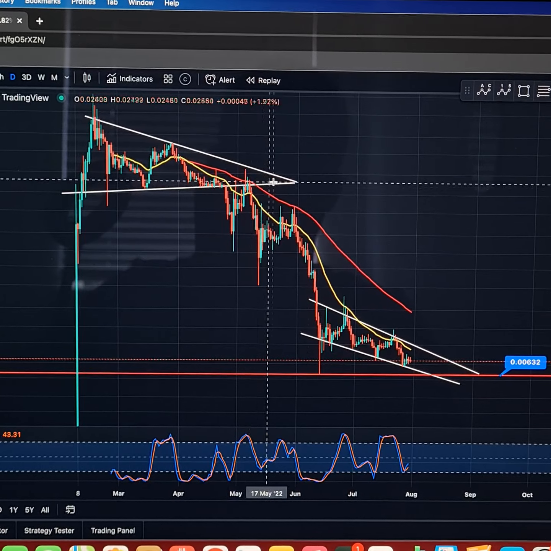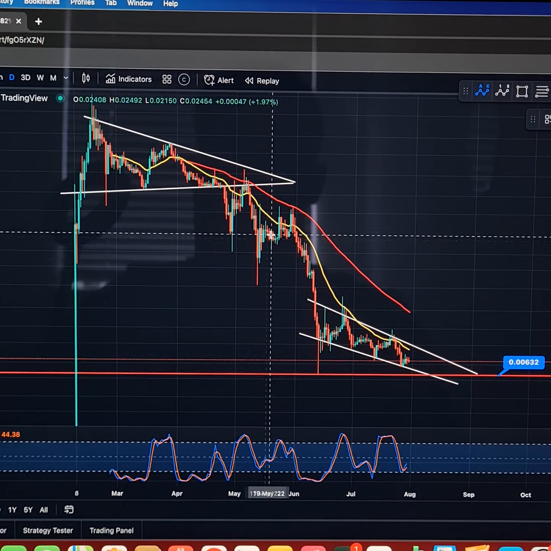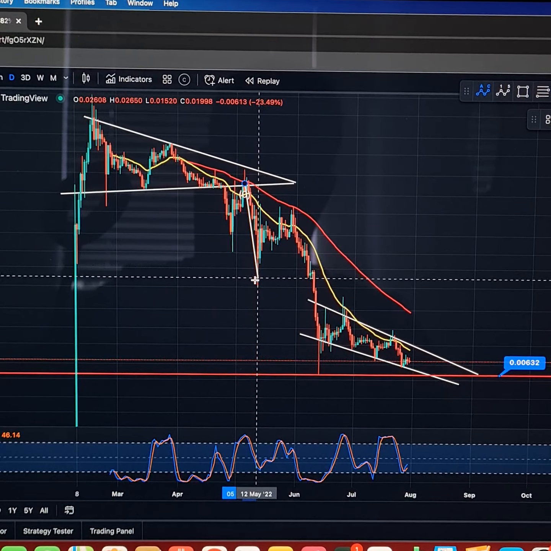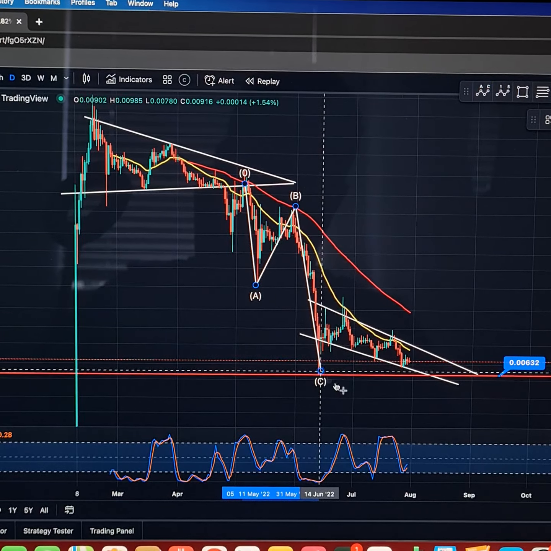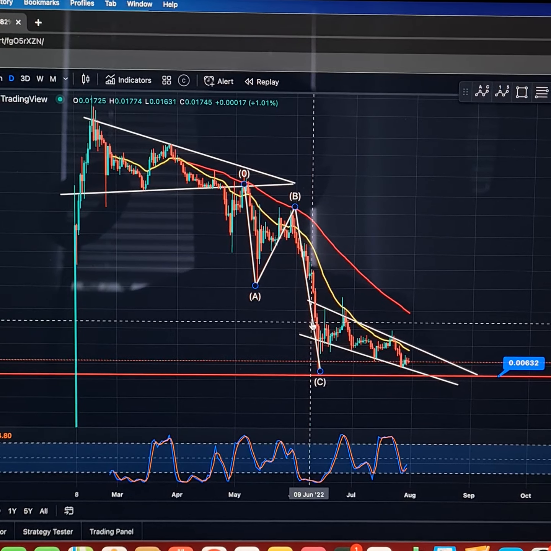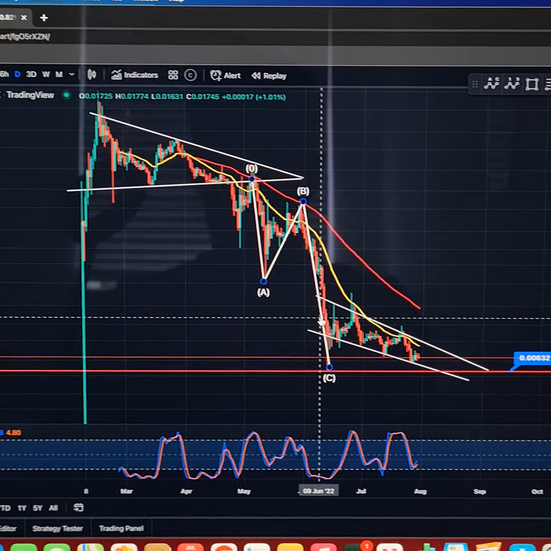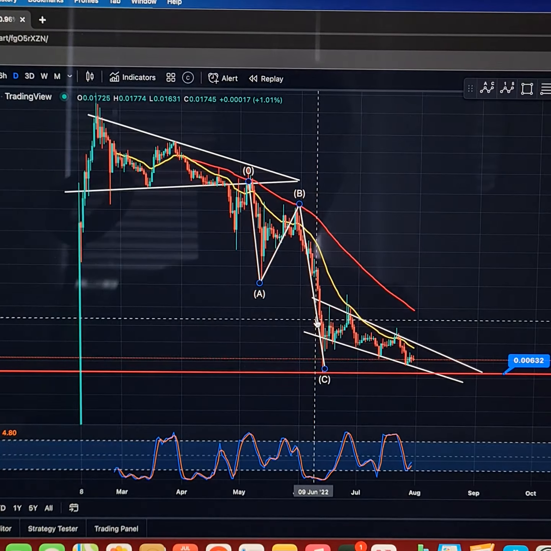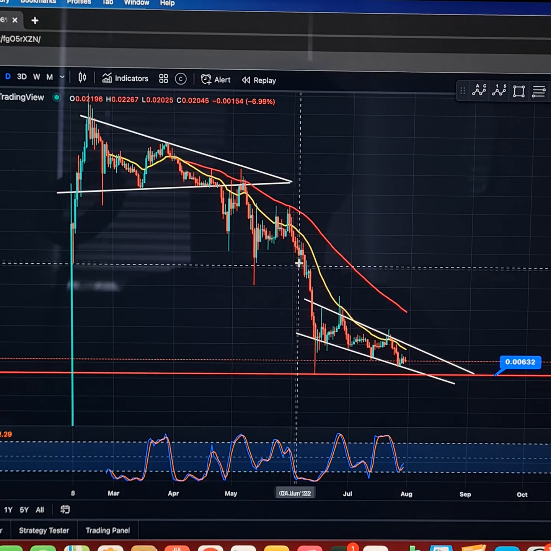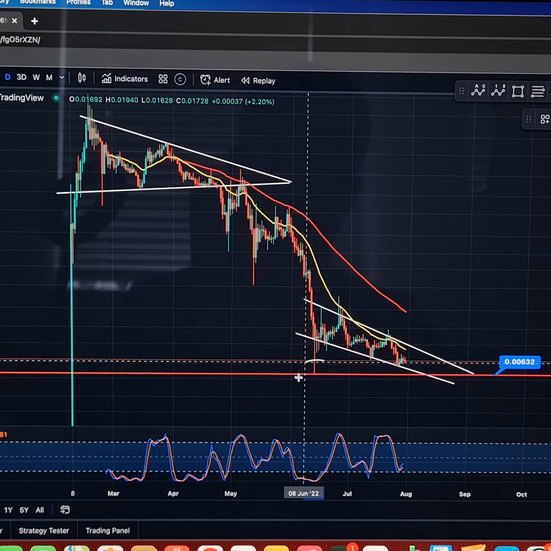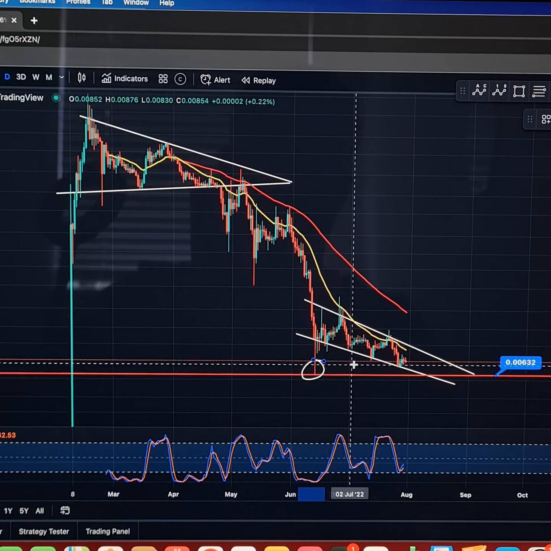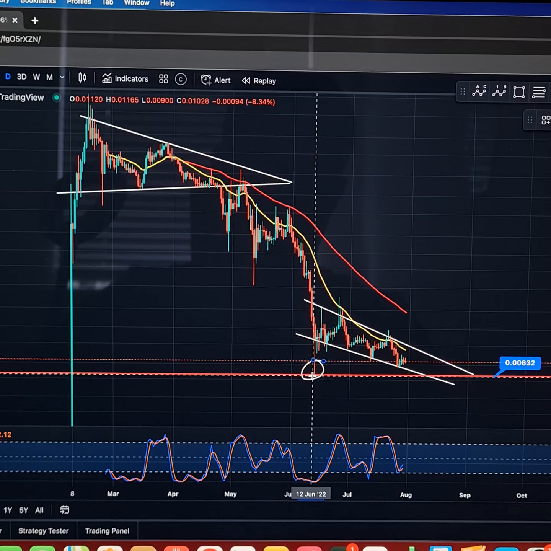So, from this point here, what I believe happened from this, where you found support on this low here, you came back up into resistance, you then had an A, B, C correction. Okay, you had an A, B, C correction for Dome, right? This is on the daily time frame, by the way. Sorry if my screen is a bit wonky. But yeah, you had a massive ABC correction, a huge ABC correction, okay? And basically, that's how we have now formed this low. Okay, so this wick here is our low for Dome, and this is what we're looking to hold coming into